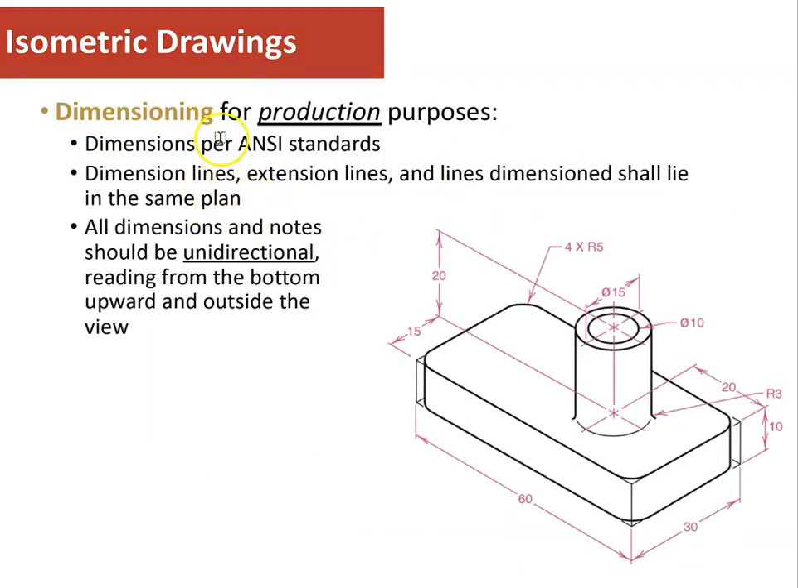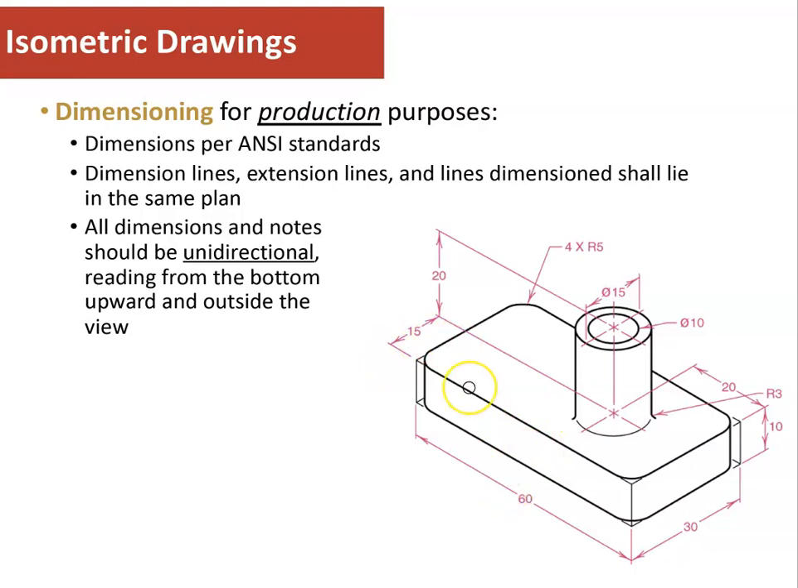Okay, so this is the dimensioning for isometric drawings for production purposes. It's very neat. As you can see over here, all dimensions and notes should be unidirectional. Unidirectional meaning to say it goes from left to right, left to right, left to right. They are all at the same angle. The numbers are all at the same angle despite the lines not being at the same angle, right? So they are unidirectional, reading from the bottom upward,